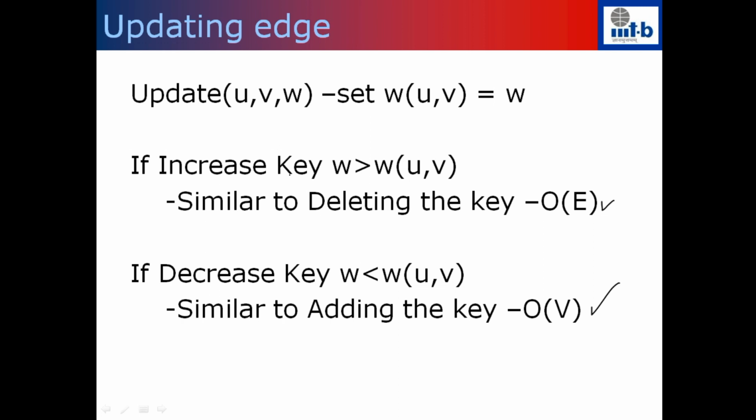So this can be updated in order V or order E, which is much faster than recomputing the entire MST, because recomputing the entire MST takes order (V plus E) log E. So if the graph is dynamic, in the sense that you are adding some edges, deleting some edges, or changing the weights of some edges, the MST can be updated in linear time, in some cases linear in the number of edges, and in some cases linear in the number of nodes in the graph. You can always ask the question: can we do a similar thing in the case of shortest path? For example, if you take Dijkstra's shortest path, you have the shortest path tree computed.